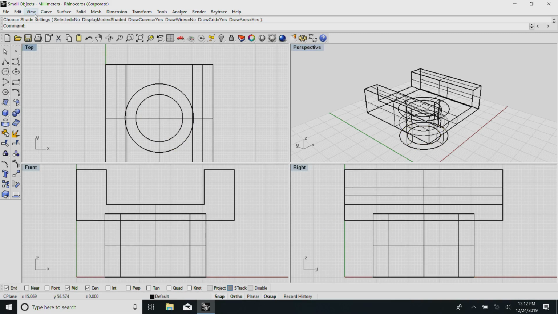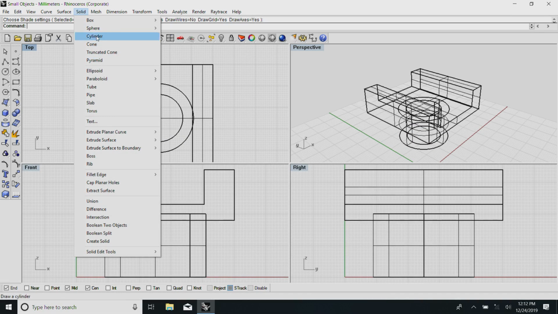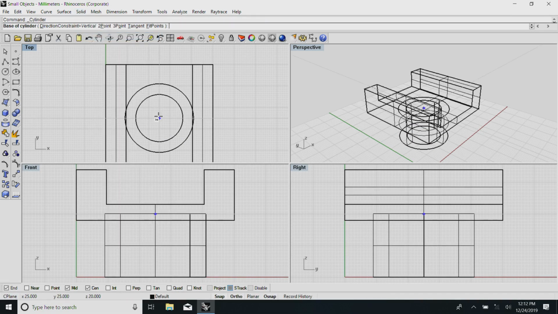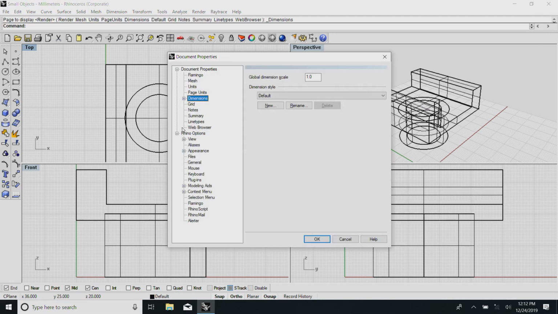Now, I will try to make the hole here. So, as before I try to make a cylinder and see what best I can. The diameter of the cylinder is 15 millimeters.